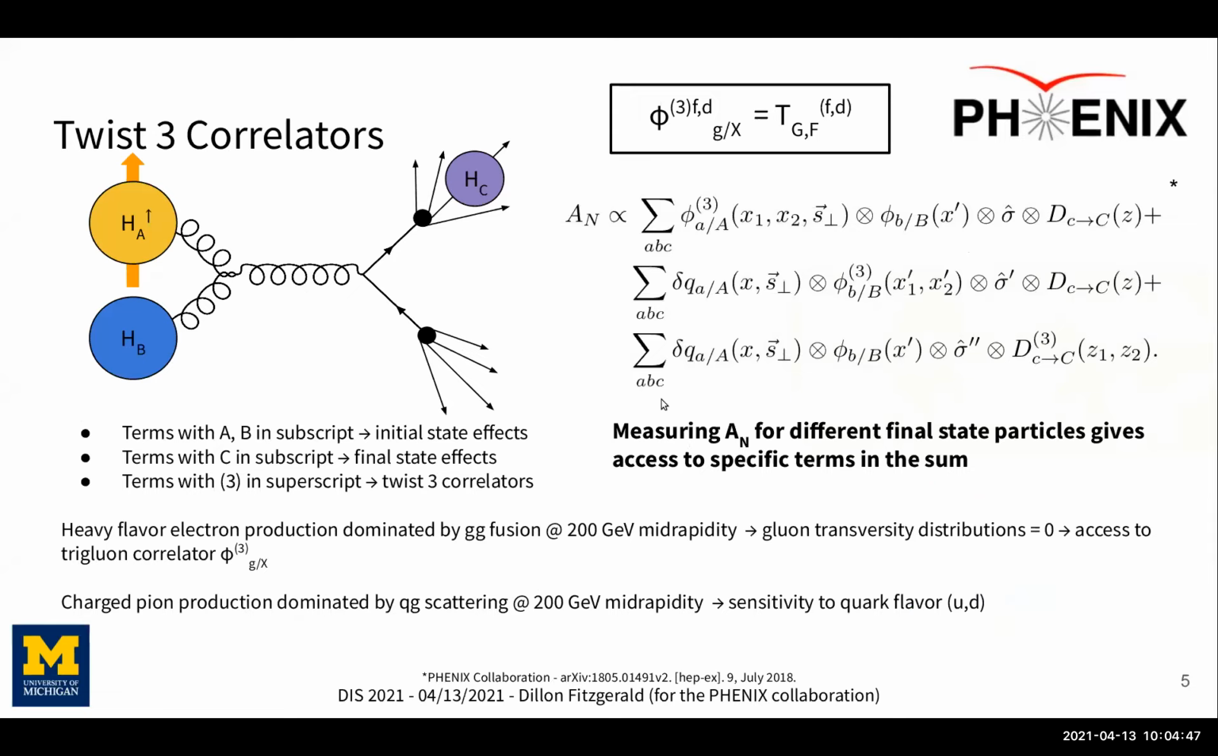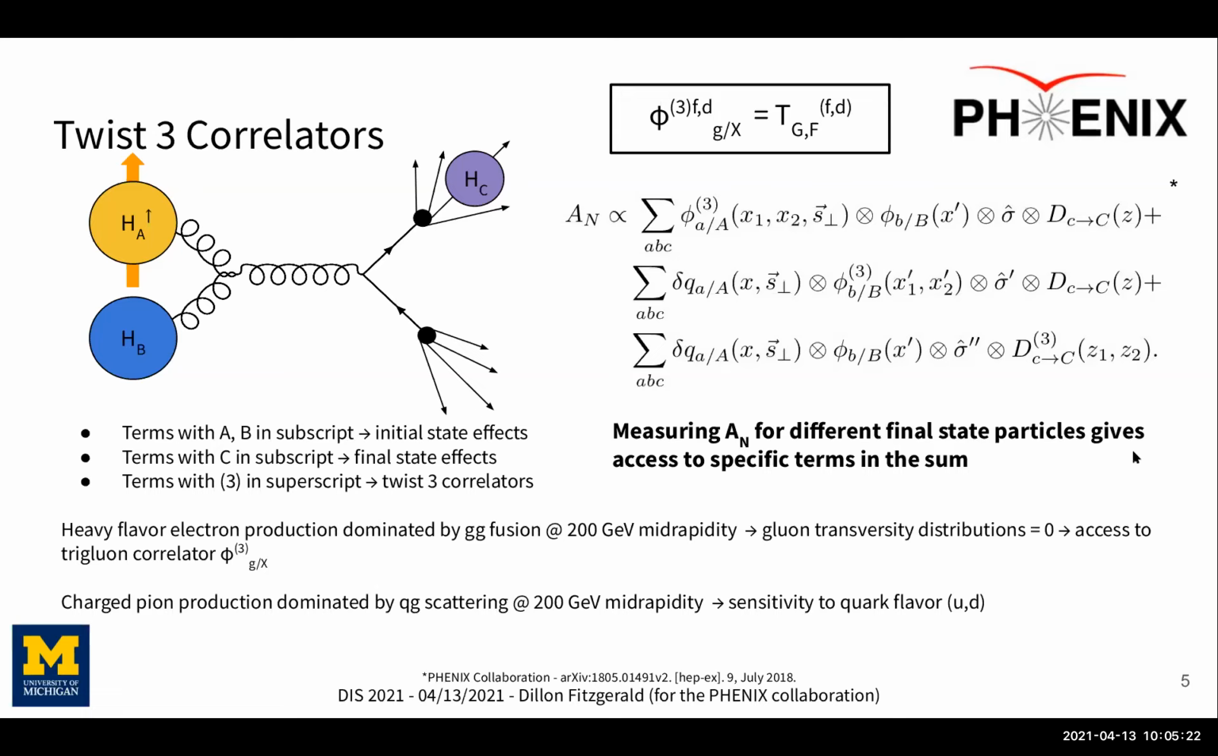So I just want to describe this in a little bit more detail. I have a cartoon figure at the top here that corresponds to my equation at the top right. And really what I want to point out here is that the terms with an A and B in the subscript are describing initial state effects. The terms with the C in the subscript are describing final state effects. And the terms with the 3 in the superscript are for twist 3 correlators. This is quite a long equation, but if we measure A_N for different final state particles, then it actually gives us access to specific terms in the sum,